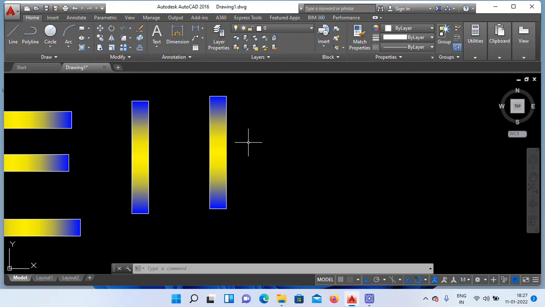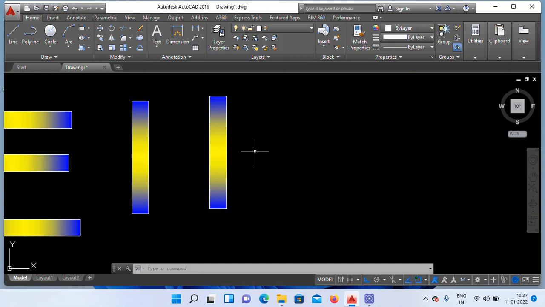Block edit command can change the blocked object. Block edit command is possible to change the blocked items, whatever you need, either to change its color, its designs or its sizes.